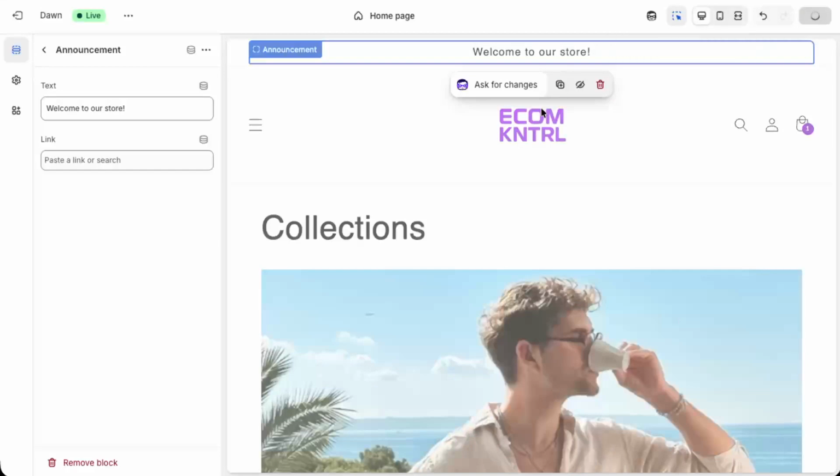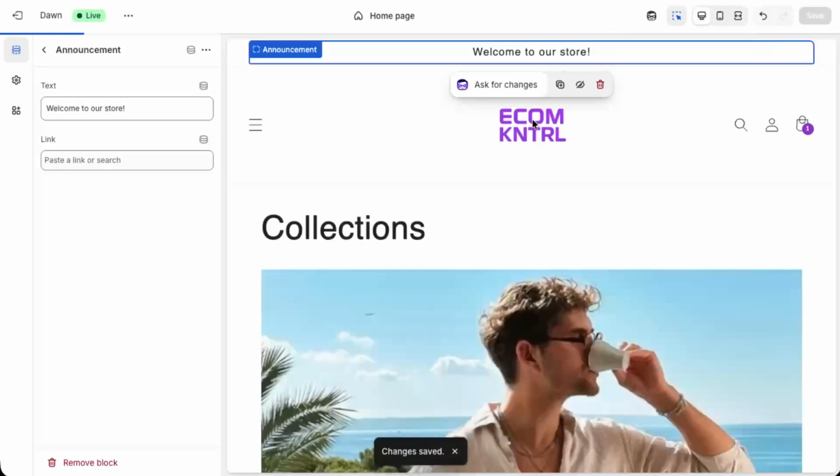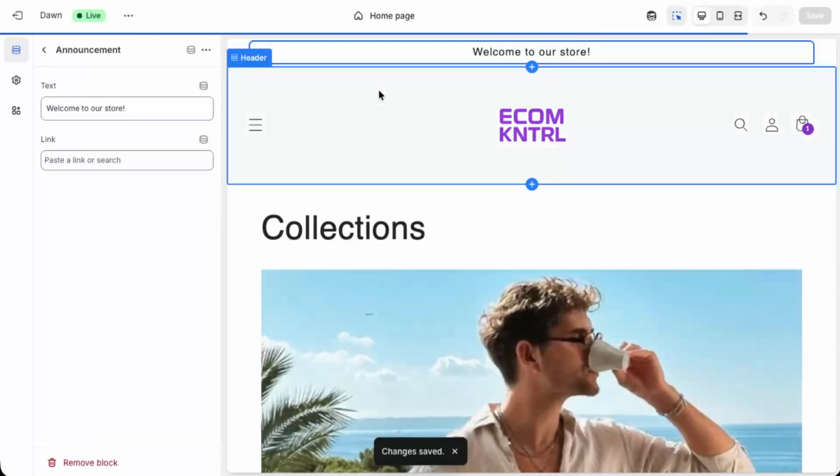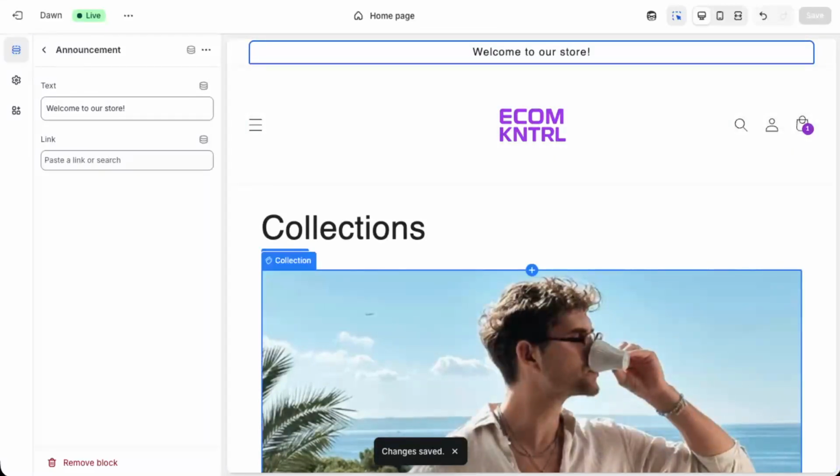Click on the Save button in the top right corner of the theme editor. Wait a moment for the changes to save, then refresh your storefront to confirm that your new announcement